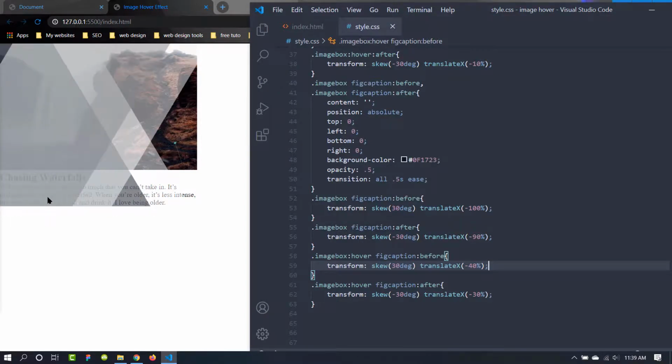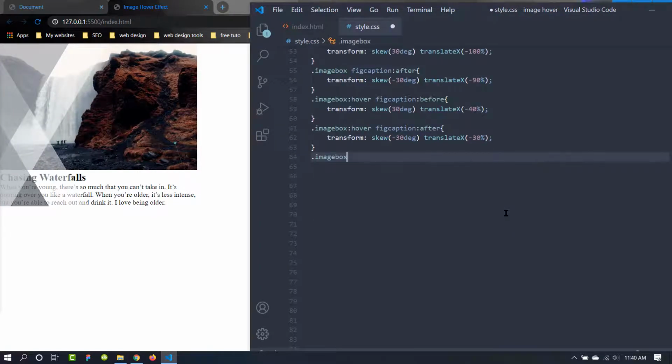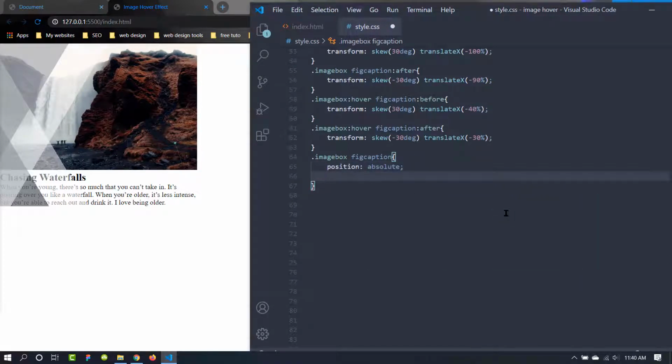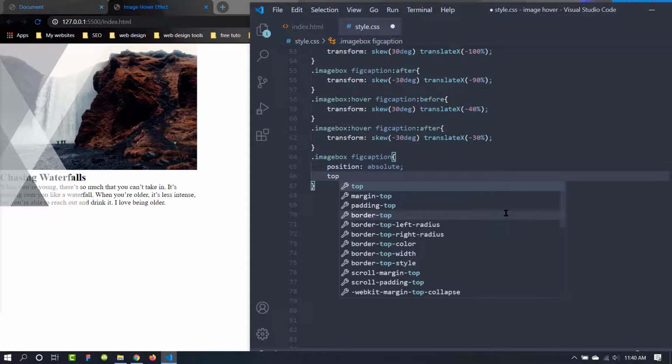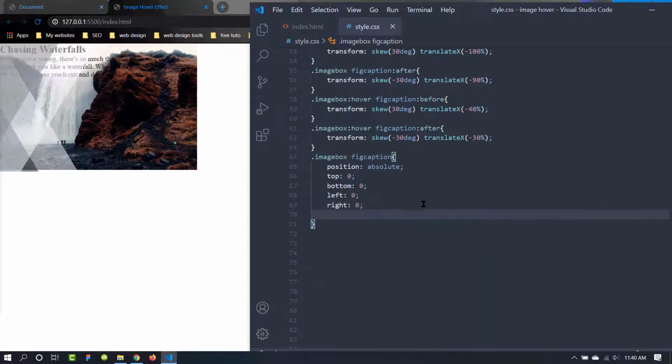Now we need to position the figure captions properly in here. Let's do that. Let's insert the image box, then fig caption. Let's give it a position of absolute, top will be 0, bottom will be also 0, left and right will be 0. Now this is our text. We can add some padding with it.